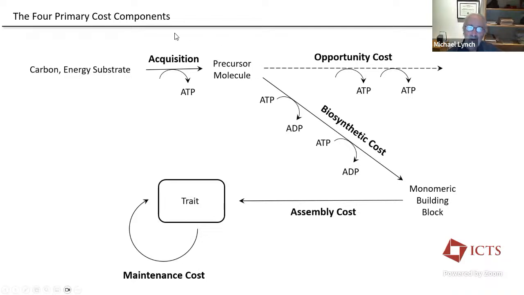Imagine you have a glucose molecule, and one thing you could do is just squeeze all the ATP out of it by bringing it all the way down through glycolysis, the Krebs cycle, and so on, and you'd get about 32 ATPs. But if on the way down you take a precursor molecule and you no longer use it for energy extraction, but use it to build an amino acid or a ribonucleotide, then you lost that opportunity to gain energy. There is energy in the original substrate that you're using, but now it remains tied up in the precursor molecule and the monomeric building block you're going to make.